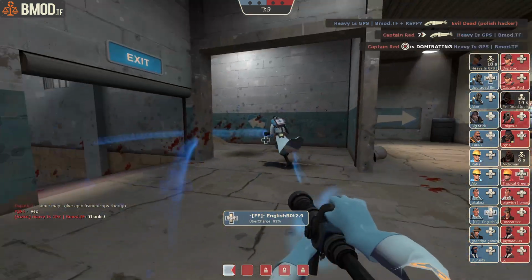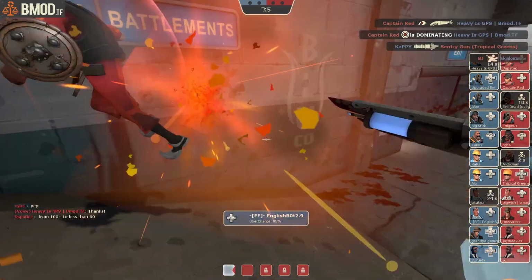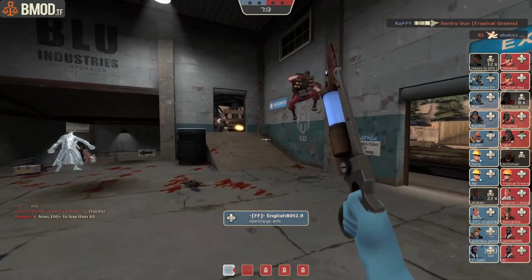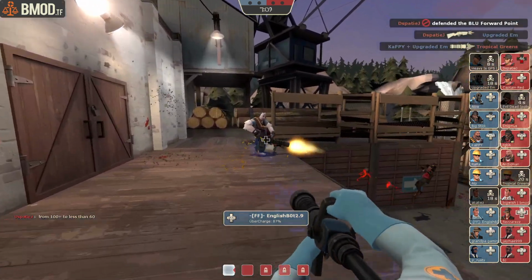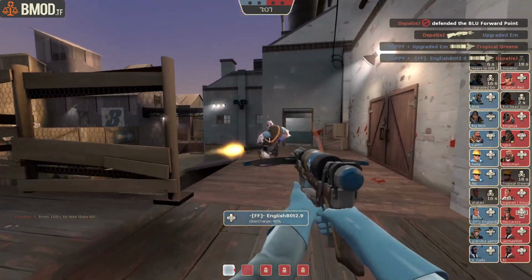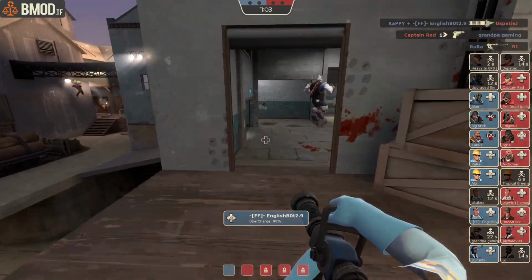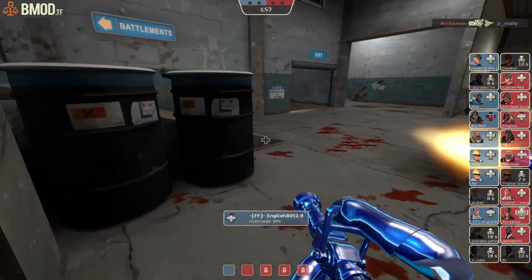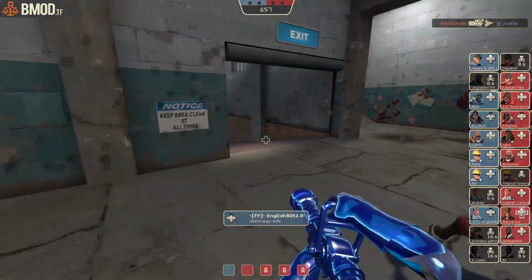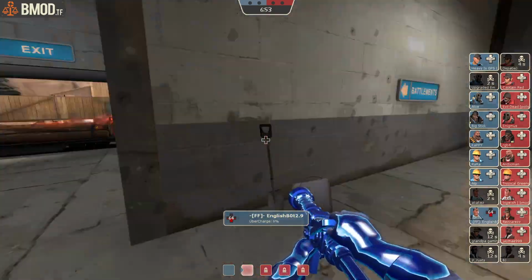So here we go. Yeah, checking his back. Nice. Here, you should check your back again. Oh, see? And then the demo actually blew up, so you should have known that you could have gotten the kill there. Because that's one thing that's important when you're playing as a medic, is to know when stuff is literally free Uber. So if a Demoman, if a Caber Knight comes in and he hits the wall, and then...